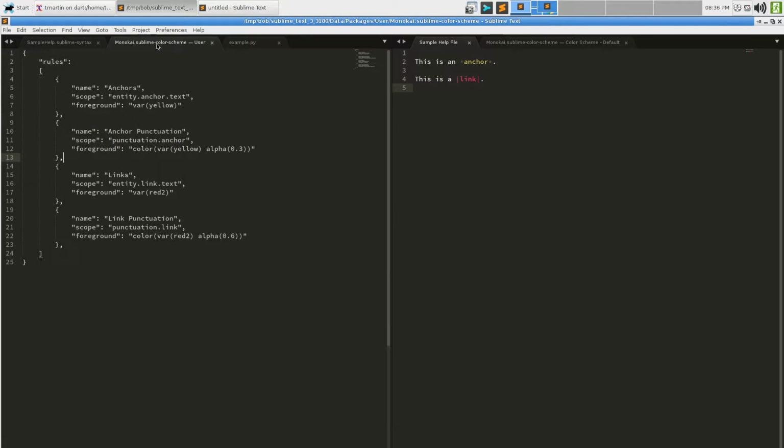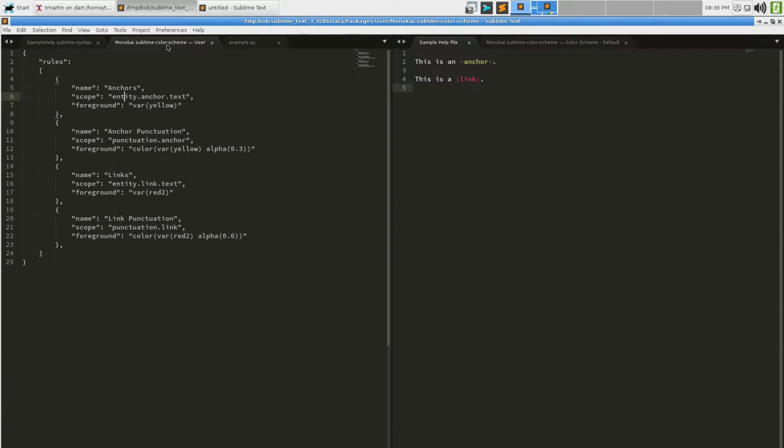So let's explain what I mean by that. As we can see here, we can create a color scheme by just augmenting an existing color scheme. And it's worth noting that this works whether the color scheme is an old style TM theme file, which is an XML based format, or a Sublime color scheme. Internally, Sublime loads both of them and stores them in the exact same data structure. So Monokai.tm theme and Monokai.sublime color scheme will both stack with each other.